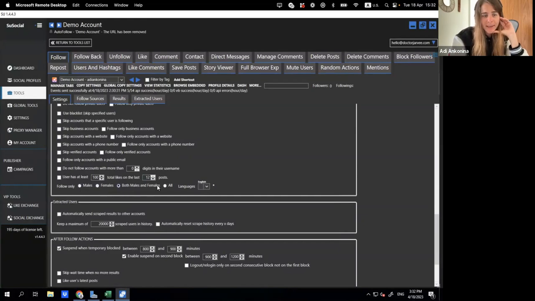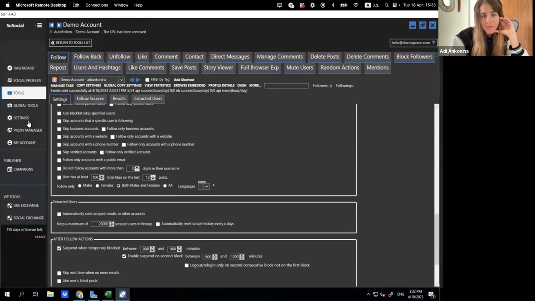As for the female, male, both and all options, just to explain a bit. If you want only males, it will be good to choose male. If you want female, choose female. What is the difference between both and all? All doesn't filter the names at all. Both does filter the names. So here you have the English